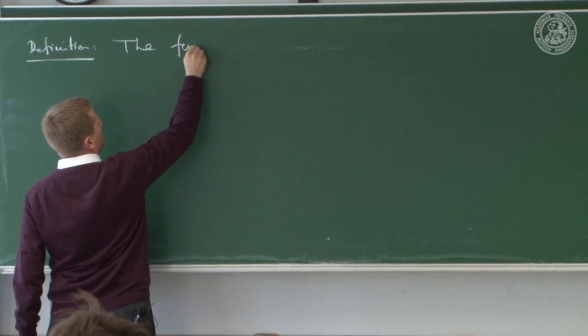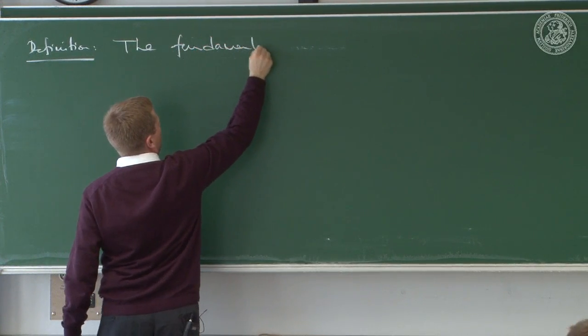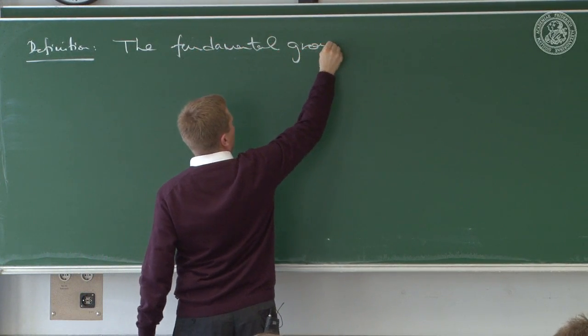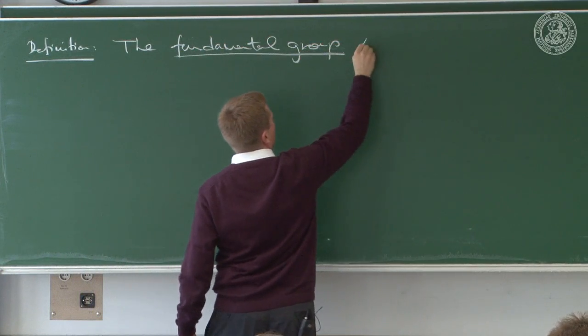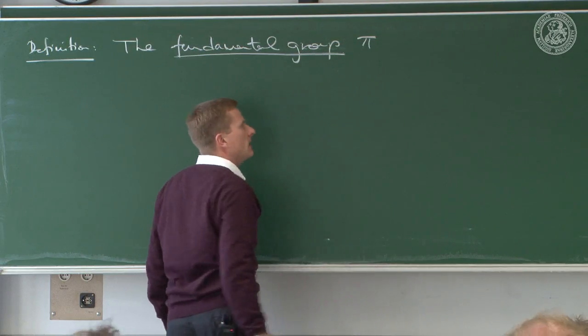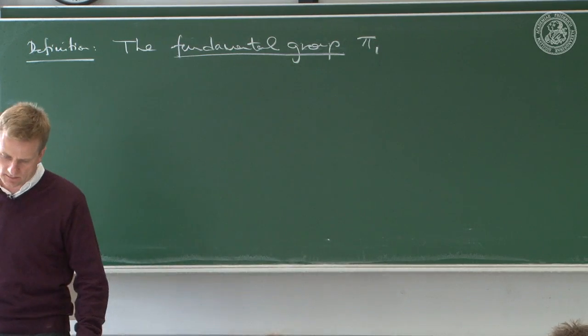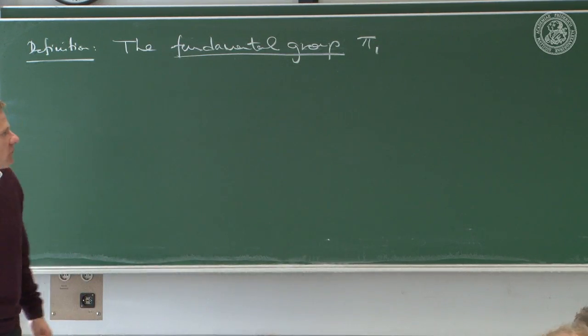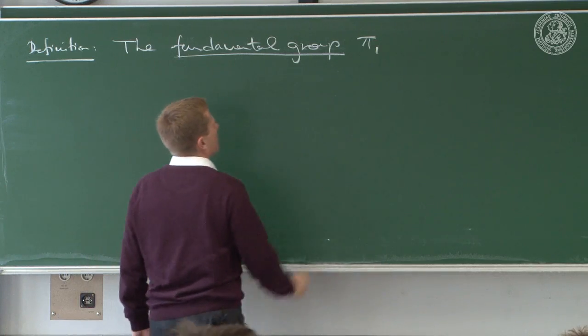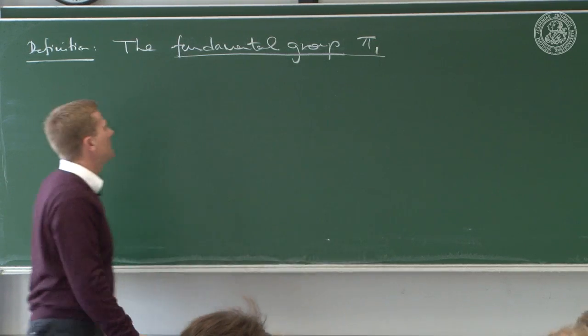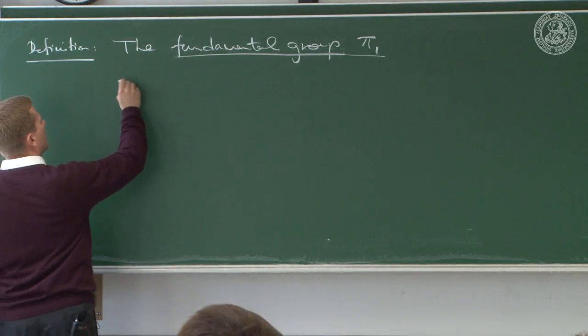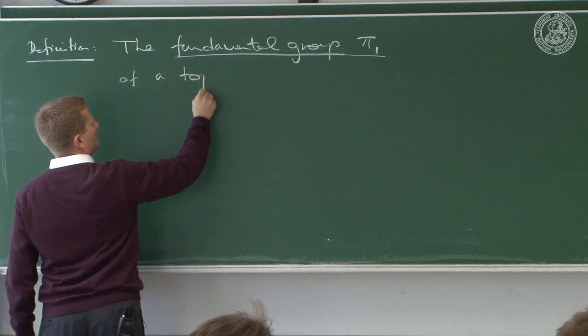The fundamental group, and it has a name, it's called pi. Because the other groups that can be built in higher dimensions, well, we come to that in a second, we call it pi 1, the fundamental group pi 1 of a topological space